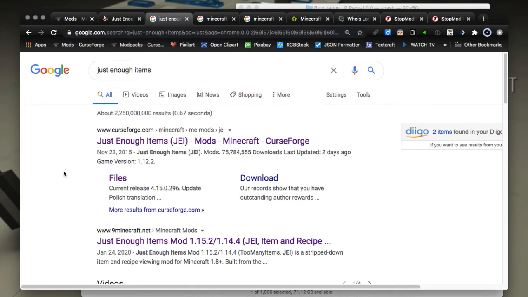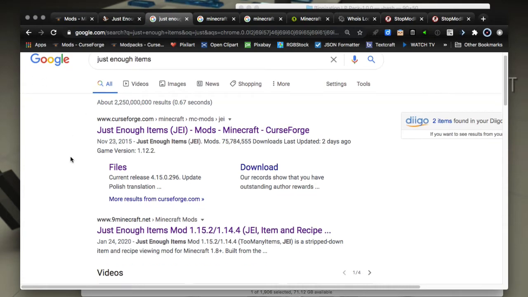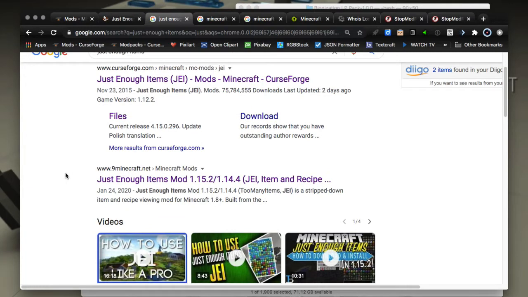But if you search for Just Enough Items, you're going to come up with CurseForge at the top of the list. Now, this is my Google search. My Google search is well tuned for Minecraft. This computer that I'm filming on right now is a Minecraft computer. That's what it does, Minecraft. And so it's well tuned for this. The next listing,